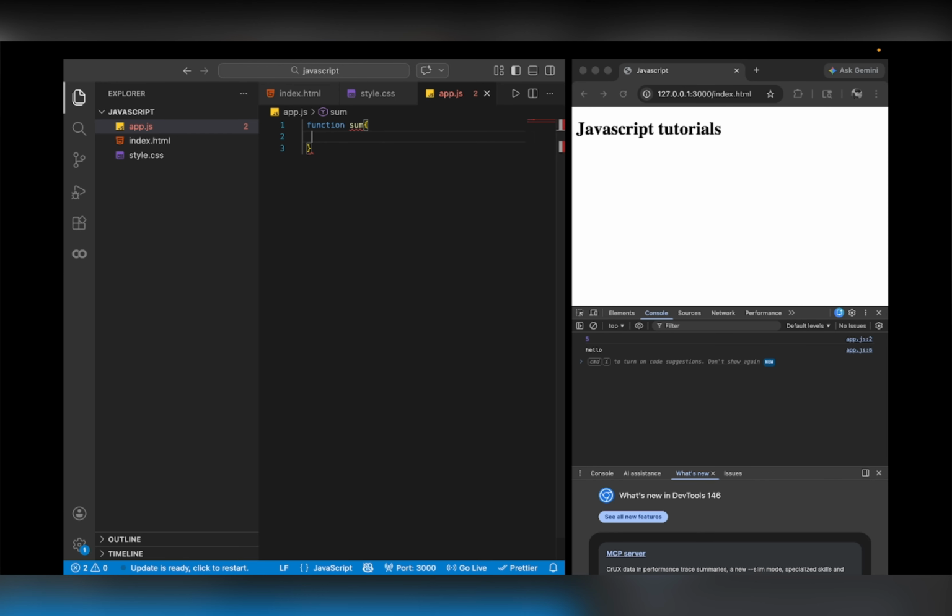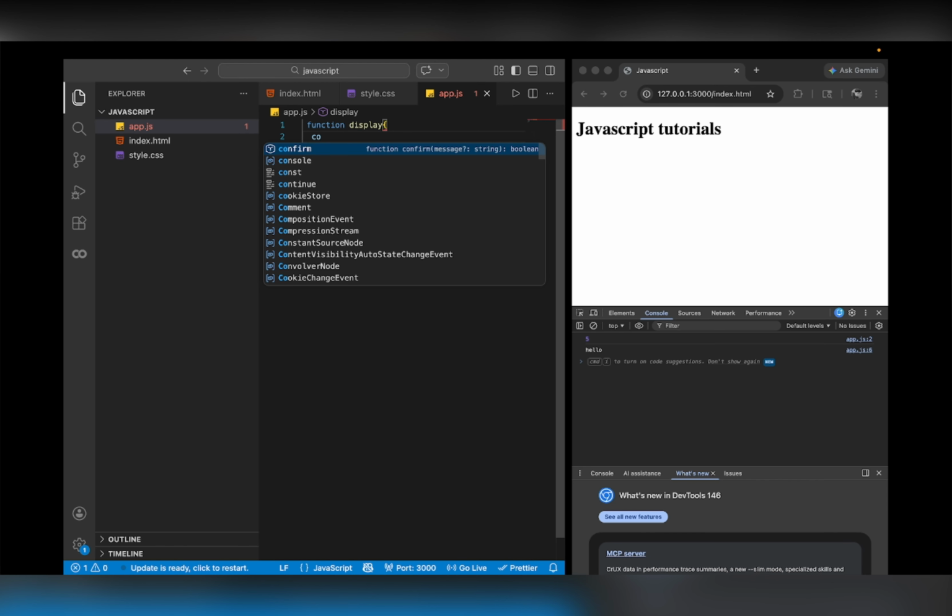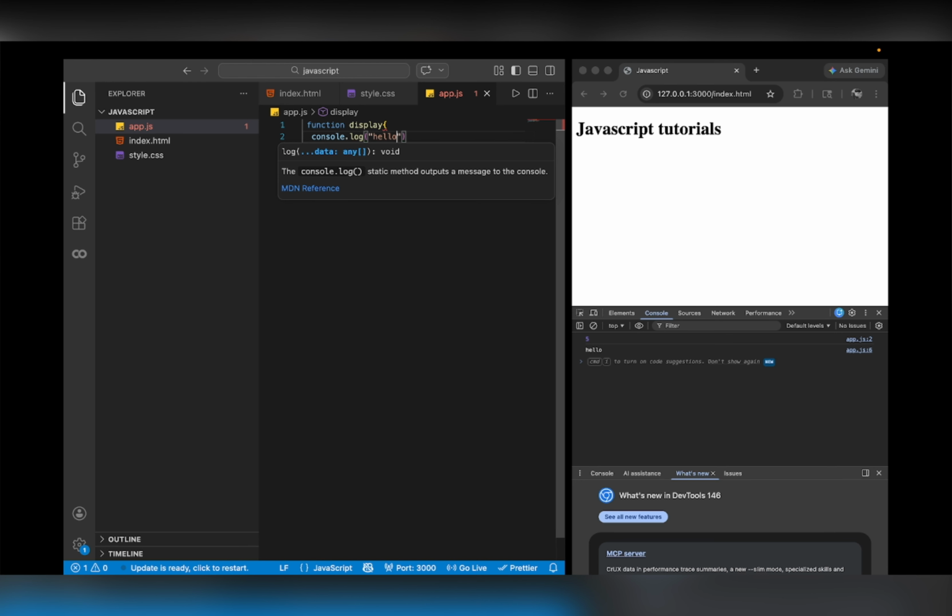और सिंपली सम। लेट्स से इसको डिस्प्ले करते हैं, नेम फंक्शन का डिस्प्ले। और इसमें हम लोग क्या करेंगे? प्रिंट कराएंगे हेलो, console.log हेलो। तो स्मॉल ब्रैकेट्स नेम के बाद प्लेस करना जरूरी है।